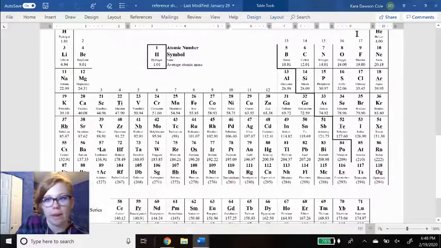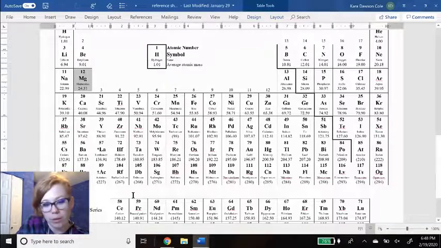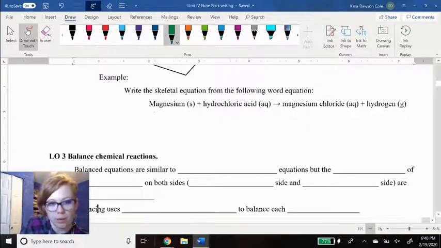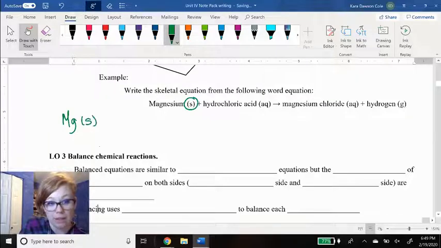And I'm going to look for magnesium. Okay, there's helium, there's lithium, beryllium, sodium. There's magnesium right there, right? Okay, so I've got magnesium. Its symbol is Mg, so capital M, lowercase g. So I'm going to go back over here, and I'm going to write for magnesium, Mg. Now, I don't want to drop my state of matter, so I'm going to still write the state in there. It's a solid form, magnesium metal, right? Plus